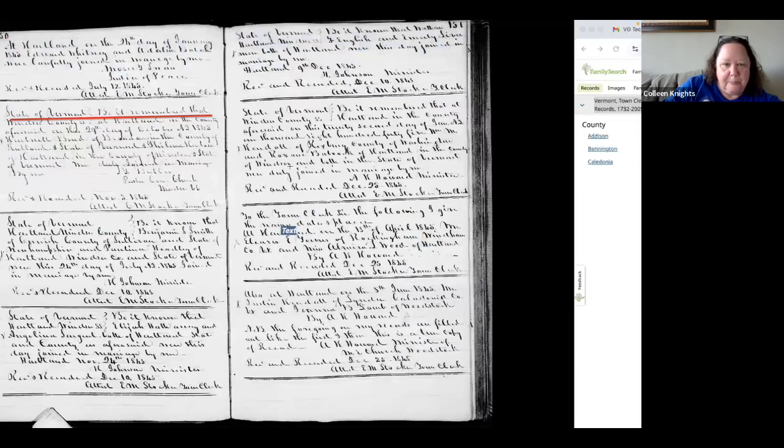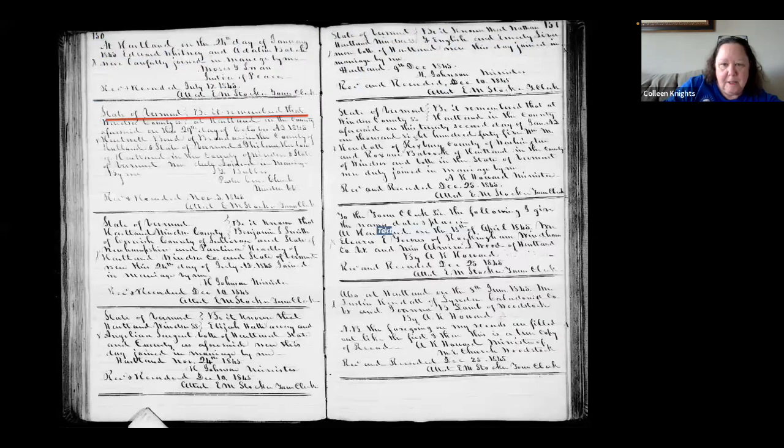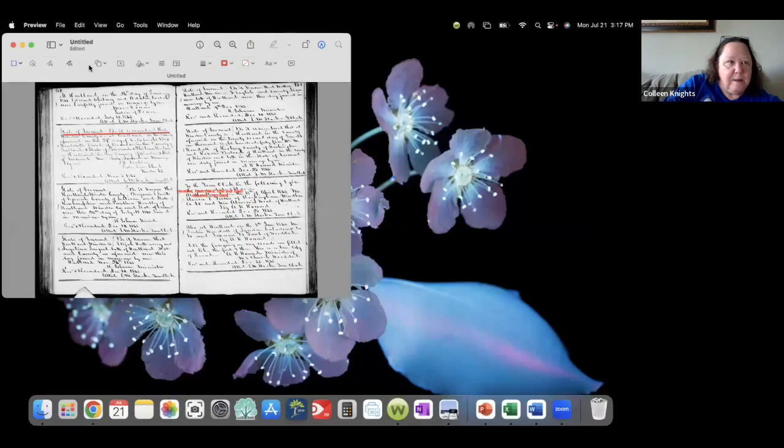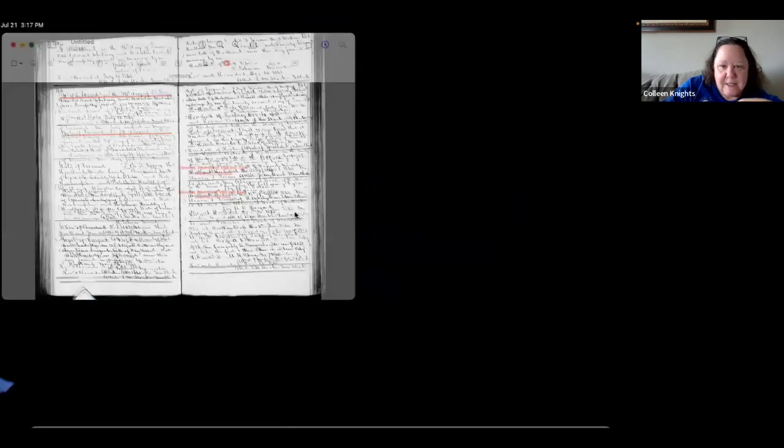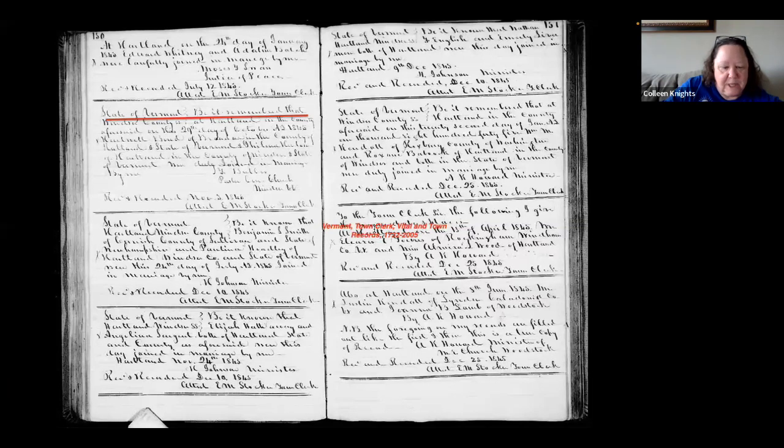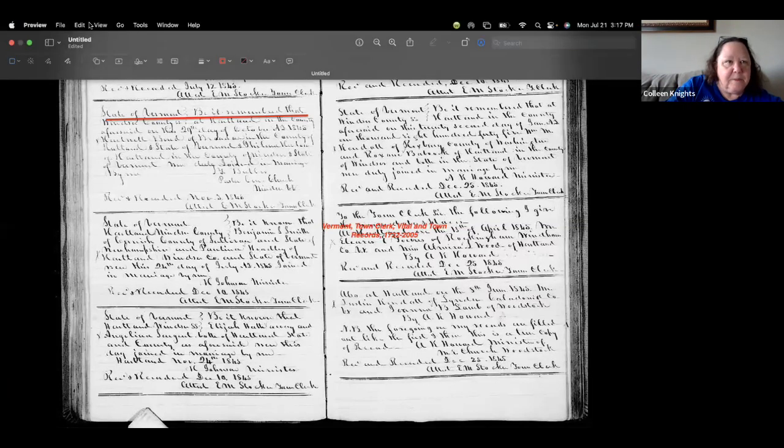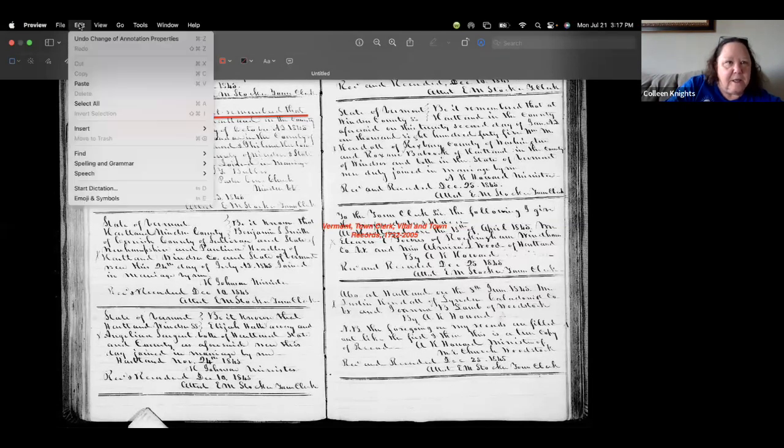Copy. Paste. The screen keeps doing weird things. I'm trying to get out of what I'm doing here. Okay, so